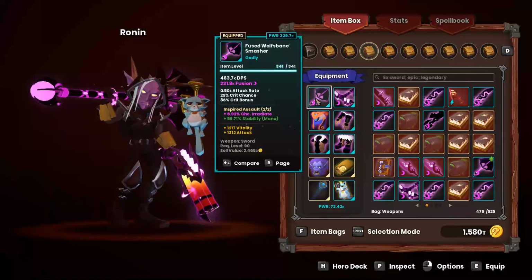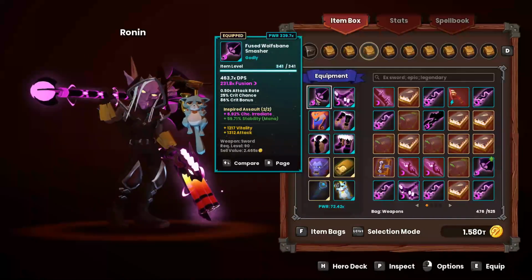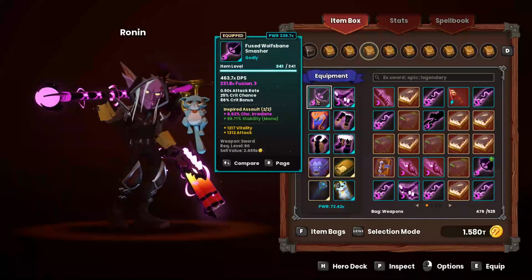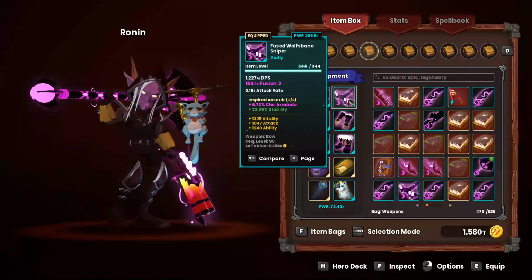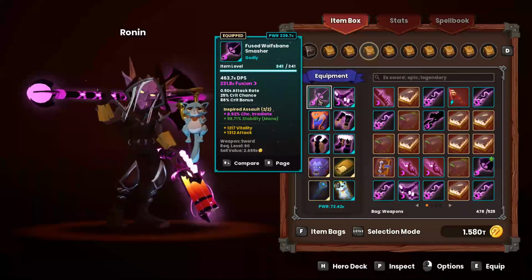If you're going to give up one of them, I decided to give up the ability. So I've got only vitality and attack on this sword, and it's because I haven't found a sword that I like that has all 3 stats. Now, I do have a bow with all 3 stats, and this is bringing me along to the set bonus